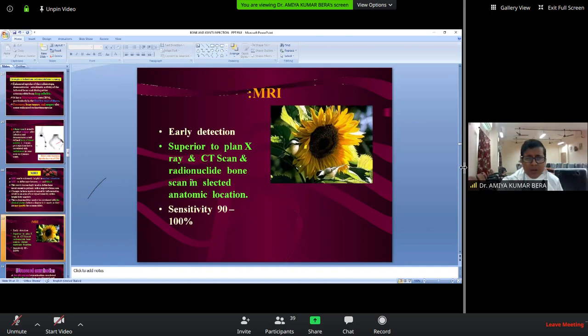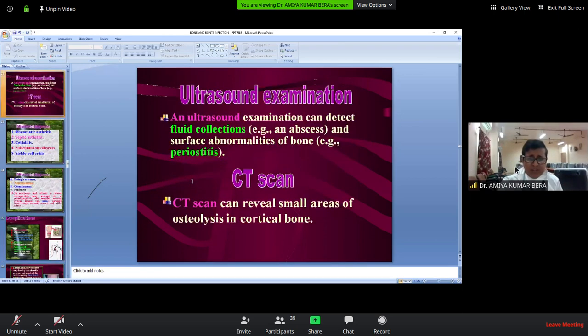What's the role of USG? Ultrasound helps by localizing. In case of osteomyelitis or septic arthritis, where is the collection? Even in deep structures, on aspiration you may miss where the collection is. So if you can localize where the collection is and the amount of the collection, you can detect it and you can aspirate.